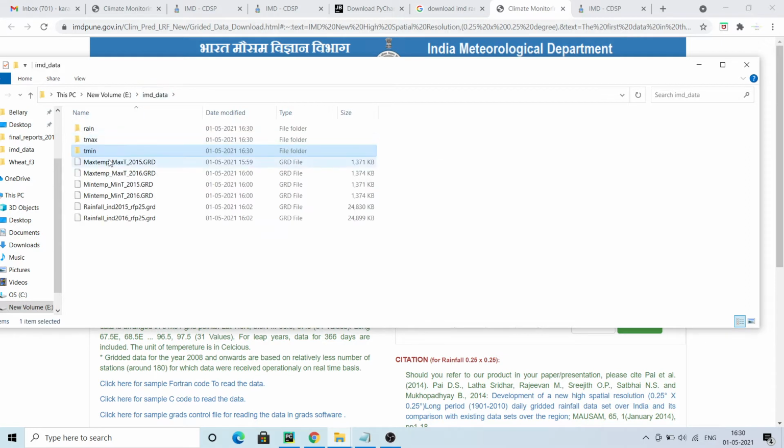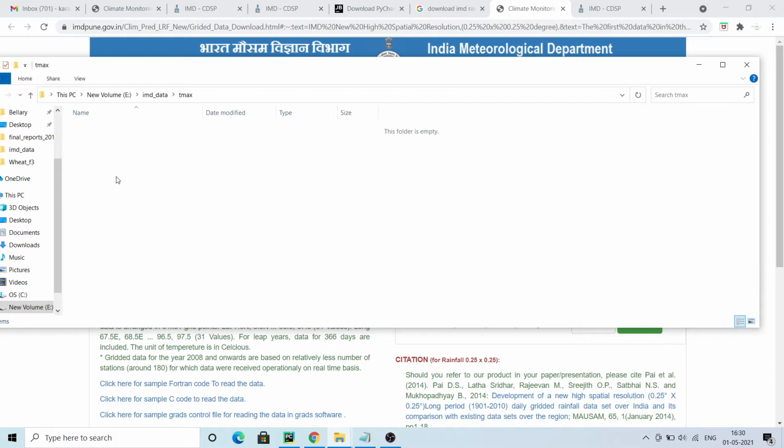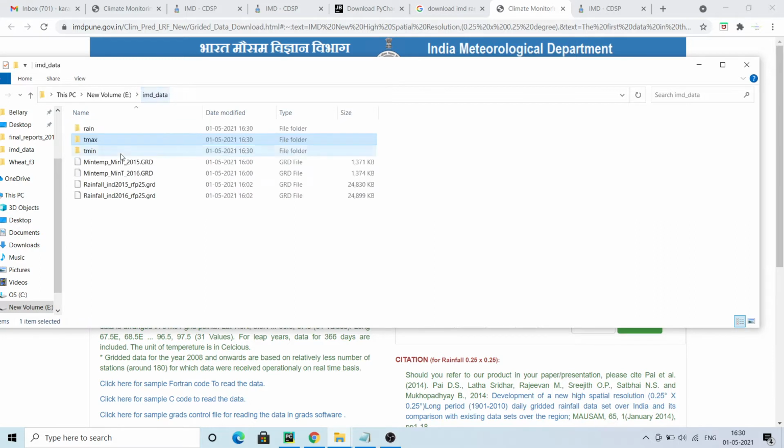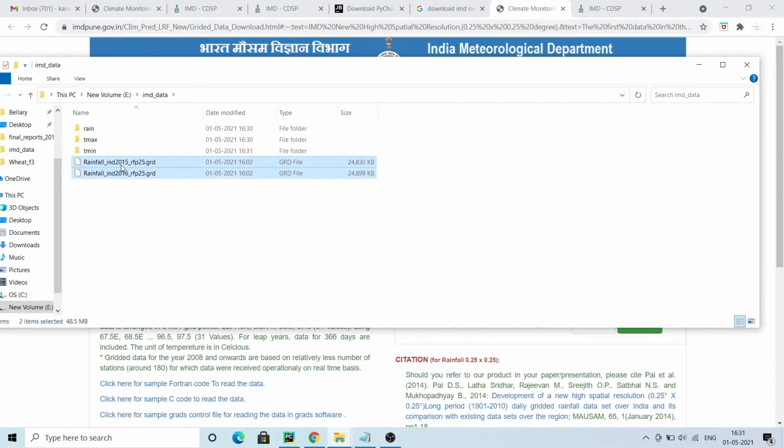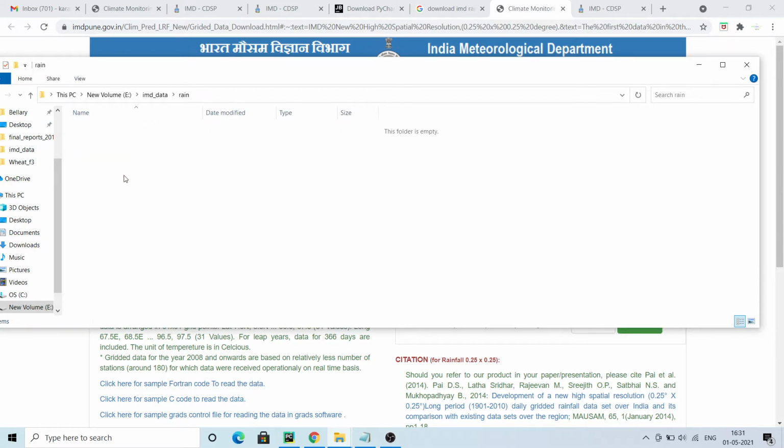So just copy and paste the maximum temperature in the Tmax folder, the minimum temperature in the Tmin folder, and rainfall in the rain folder. Now just rename each file to the year: 2015, 2016.